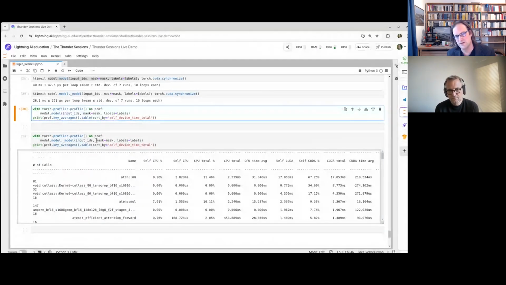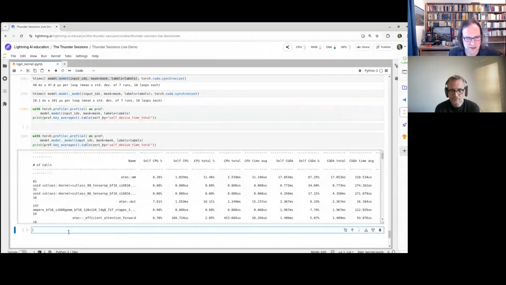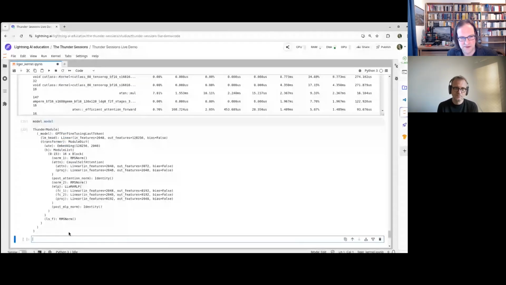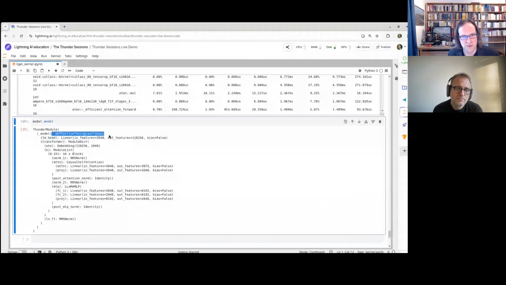So we will run, for example, the self-attention layer separately, to see what is really the part. If we look at the overall model again, we see here we have the GPT for the fine-tuning, which has a linear layer as the head. For some reason, it's at the top, even though it's the last thing that's being called. It should be at the bottom, but it's the order of registration.